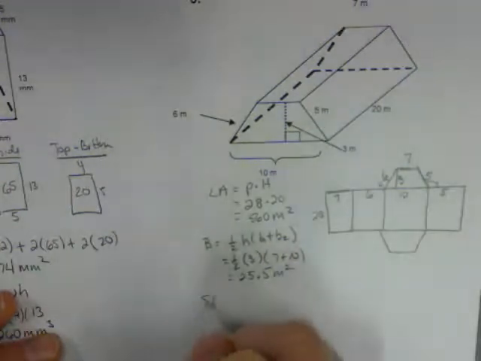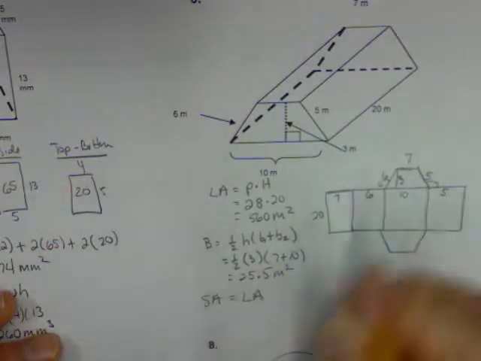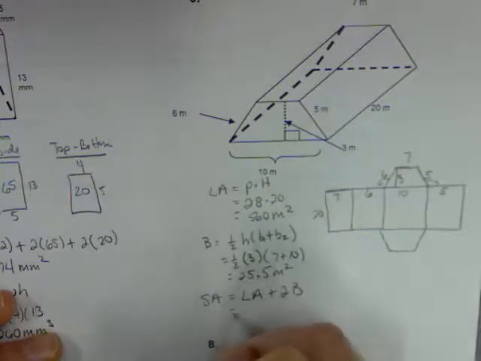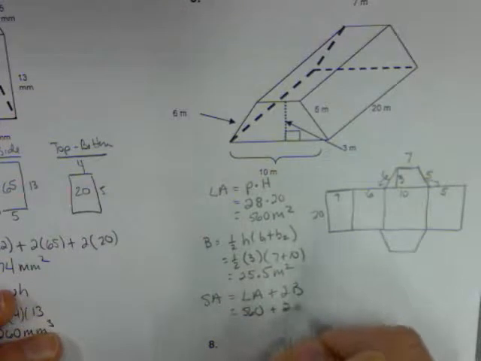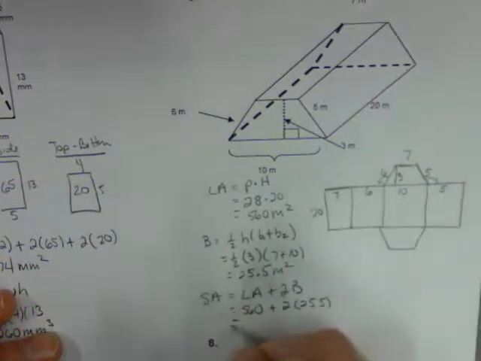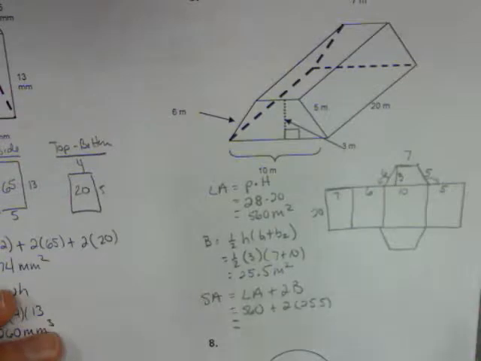So the surface area is going to be our lateral area, all of this, plus the two bases. So we can just substitute in 560, and then the two bases, 25.5 each, and the total surface area is 611